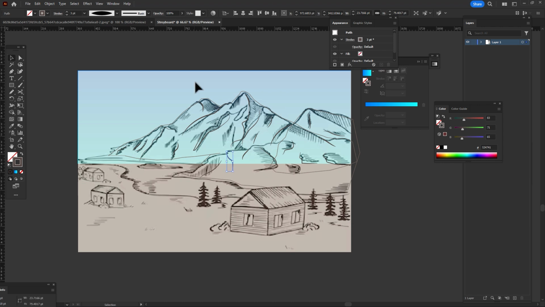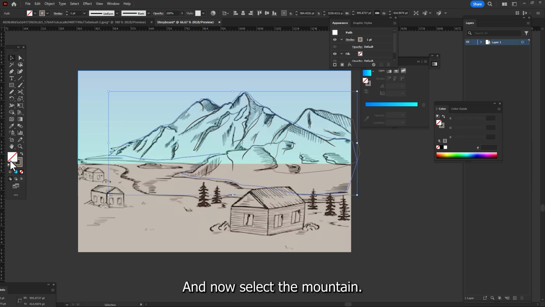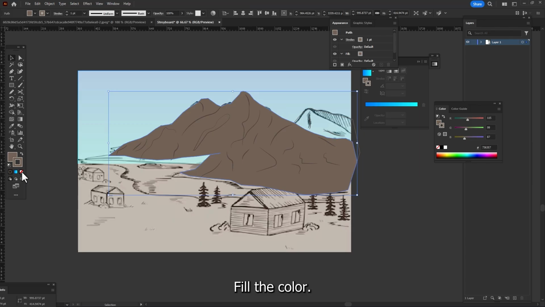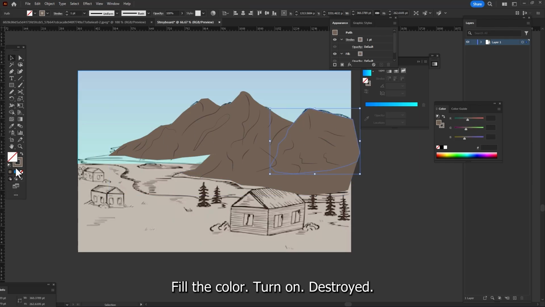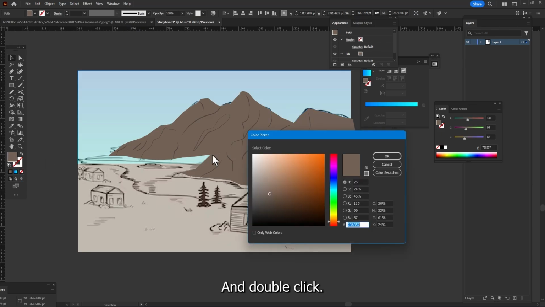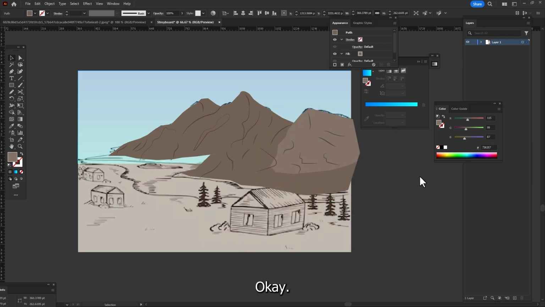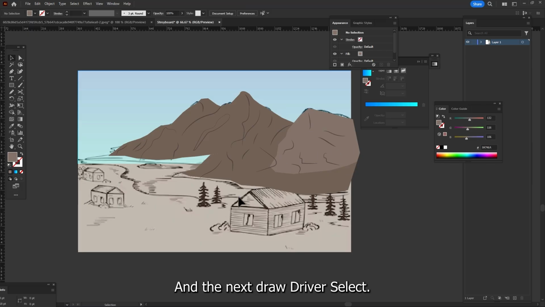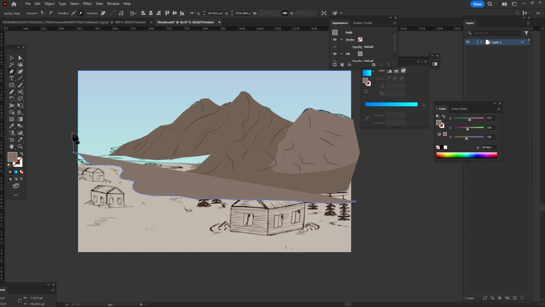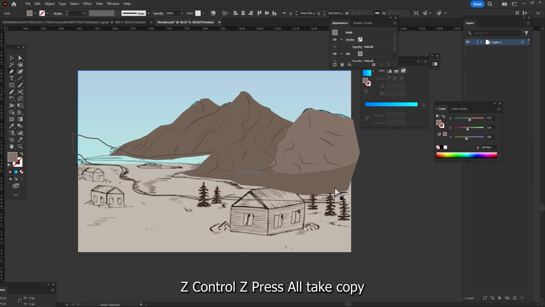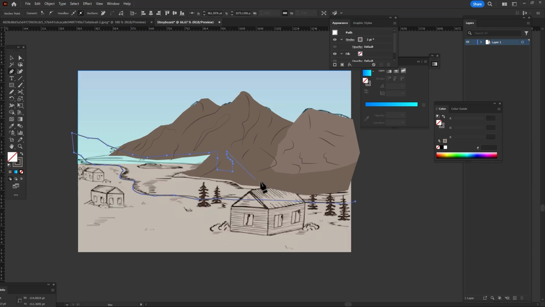Okay. And now select the mountain, fill the color, turn off the stroke, select another mountain, fill the color, turn off the stroke, and double click, make brighter, press OK. And the next, draw the river, select, start from here, there is the river, Ctrl Z, press Alt, take, copy,